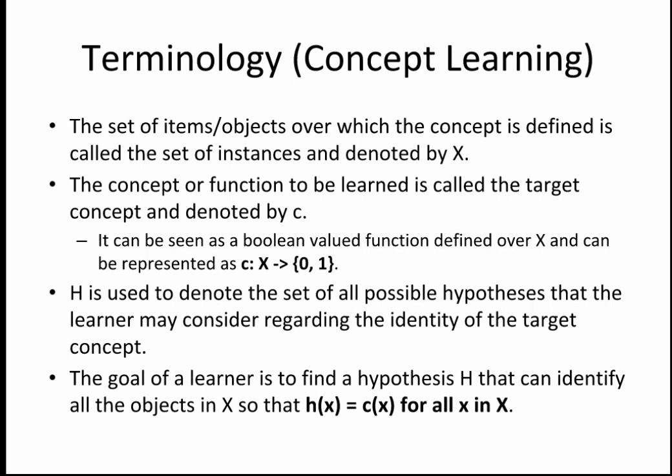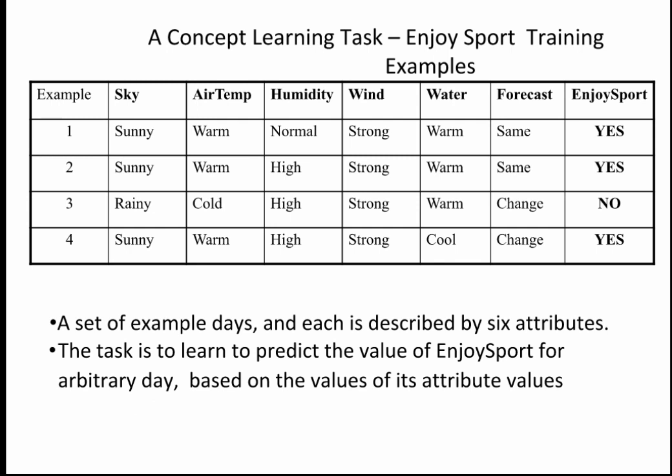Now in case of concept learning, we are going to consider this example to understand how concept learning actually works, how we could search for a particular hypothesis with respect to this example. Over here we have shown a number of attributes like sky, air temperature, humidity, wind, water, forecast, with a number of values written, and based upon these attributes we need to tell whether on a particular day we will enjoy the sport or not.